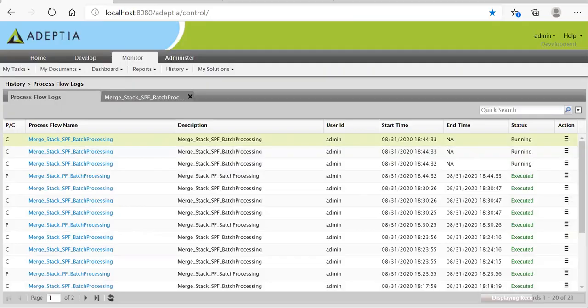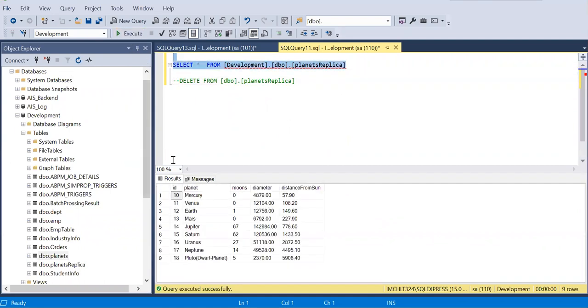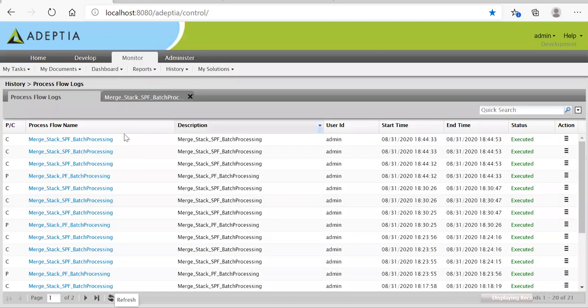Let's go to the database and see whether we have data in the replica table. Yes, all 9 records are inserted in the replica table. Let me check whether these are done. Yes, all process flows are done.